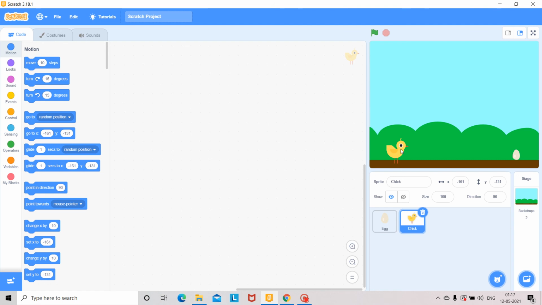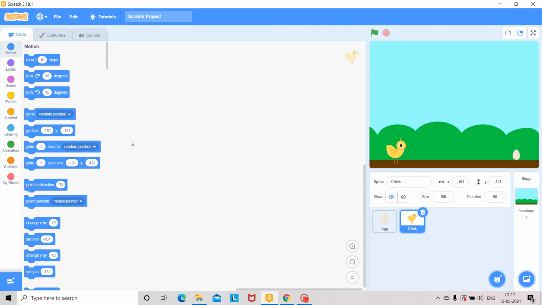So you go to the motion code area, click on motion, and it moves upward 10 steps and downward 10 steps. Moving upward means moving on the y-axis.